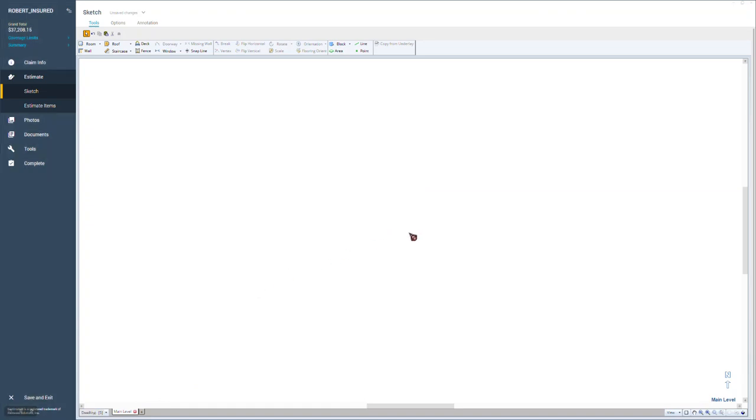So this is kind of what you'll be looking at normally, and what a lot of adjusters will do is they're drawing within the main level here. And if you're only doing one roof and you're not overlapping those with other levels, that's fine. It won't be a problem. But commonly what people may do is this. They'll draw a roof,